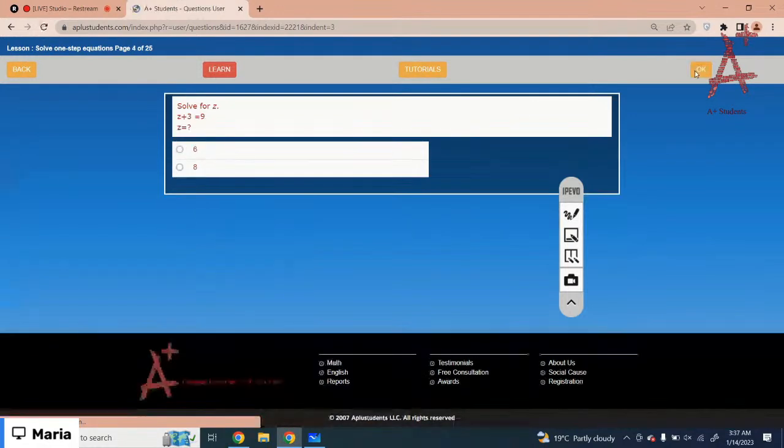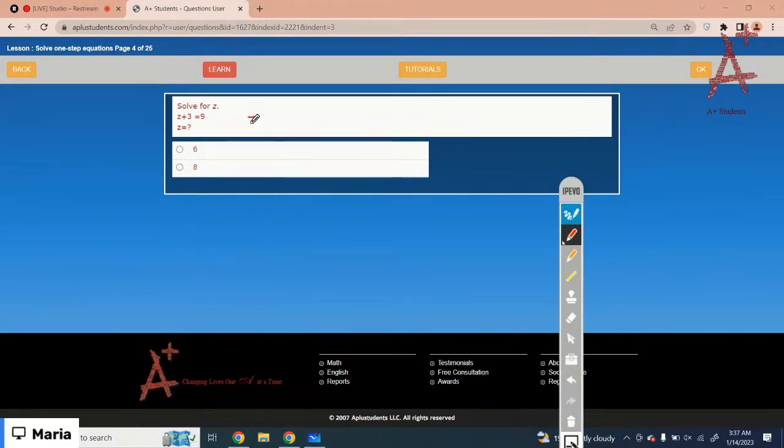Okay, the next one is z plus 3 equals 9. So you have to solve this equation for z. That means you have to isolate the variable z. You have to remove that positive 3 from here. Opposite to addition is subtraction. So just subtract 3 from both sides. That would be z equals 9 minus 3, which is 6. So the correct option is 6. Just select the correct option, then click on the